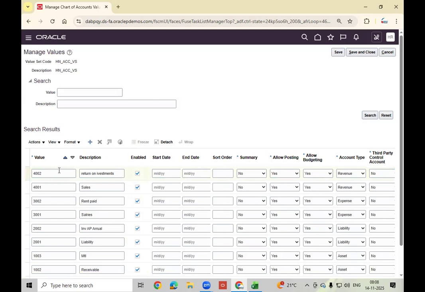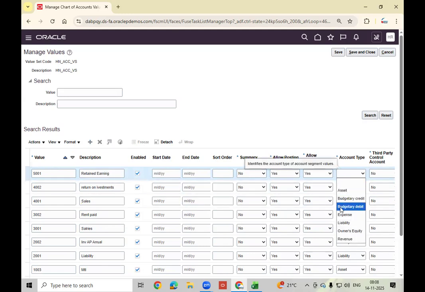Likewise. And next, 5001, let's say retained earnings account. So this is an ownership account. Any profits gained, that amount will be maintained in this account.